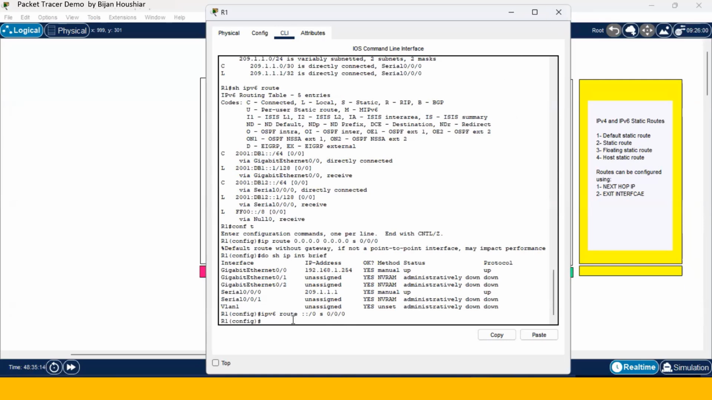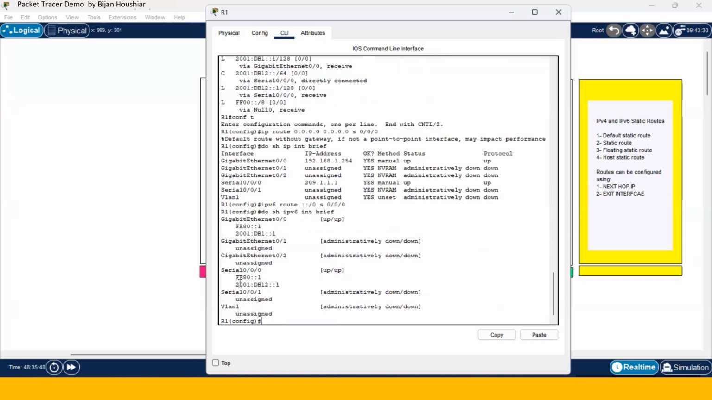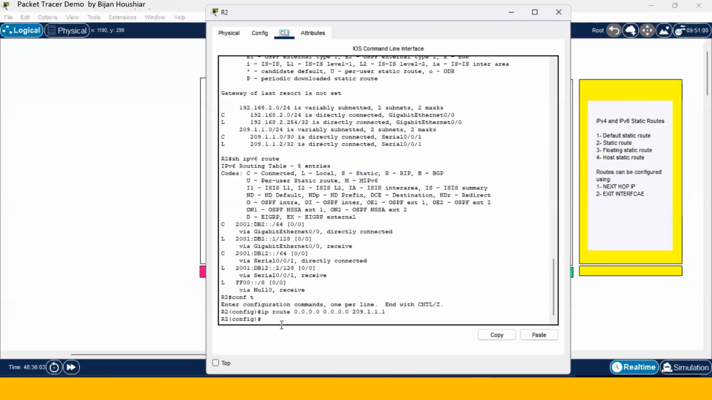So before moving along to the other router, let's find out what IPv6 address we have assigned to serial 0/0/0 of this one, because we want to use the next hop IPv6 address. From the previous show ipv6 output, we can find out about that, and we can also find out by performing do show ipv6 interface brief. Now notice that serial 0/0/0 of router 1 has this IPv6 address, 2001:db12::1. We are going to use it when we configure the